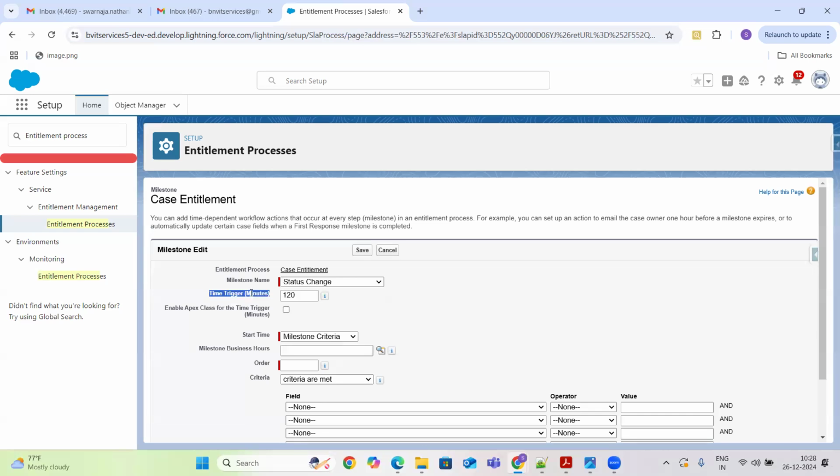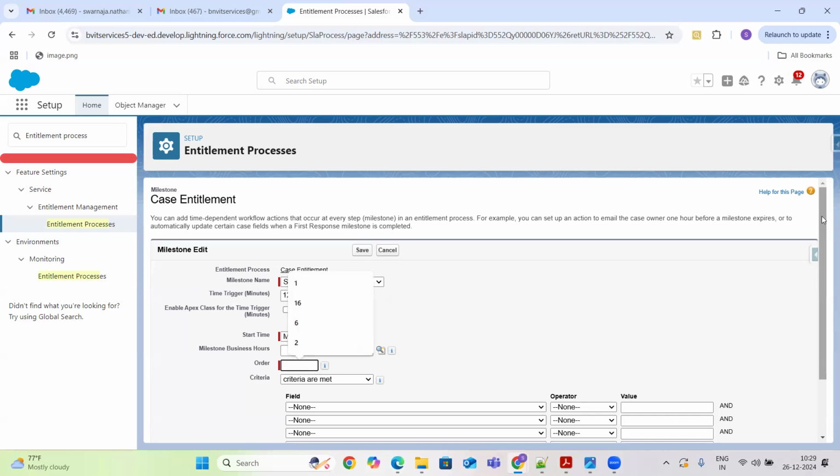Here it says you have to give the time in minutes. So within 120 minutes, the status should change. Start time. So milestone criteria. Any business hours? No.